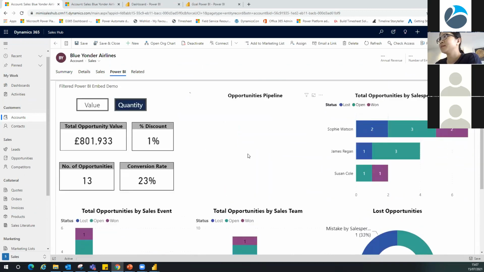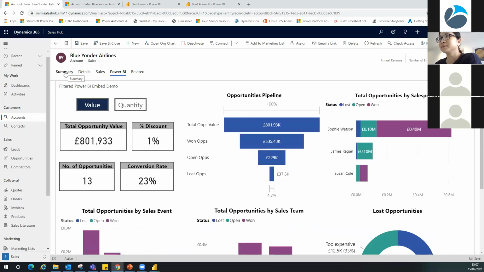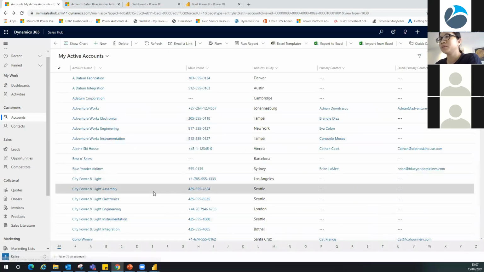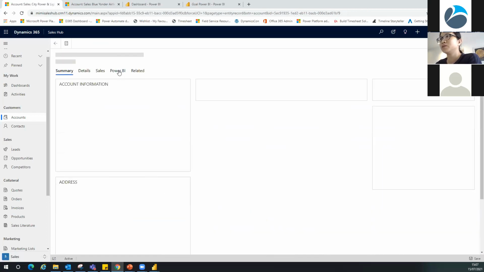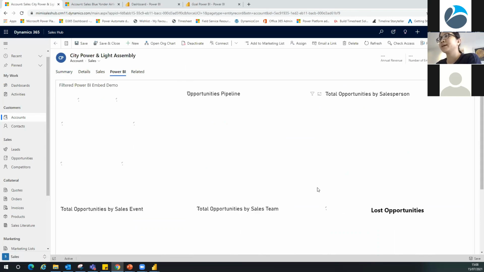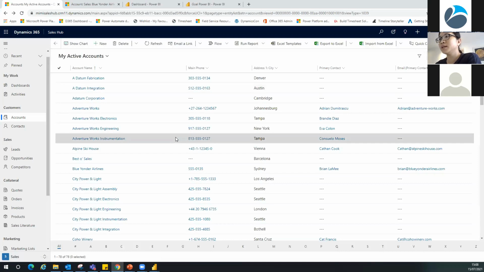It is exactly the same as how you interact in Power BI service, but from within the model-driven app. And if I go to another account, for example, I don't know if we have any in this one. If I don't have any opportunities for this customer, then everything would be blank. Yep, everything is blank because this customer doesn't have any opportunity.